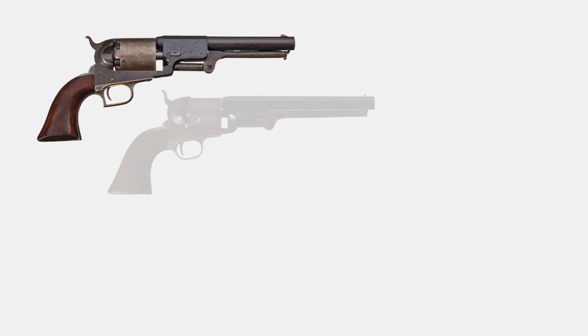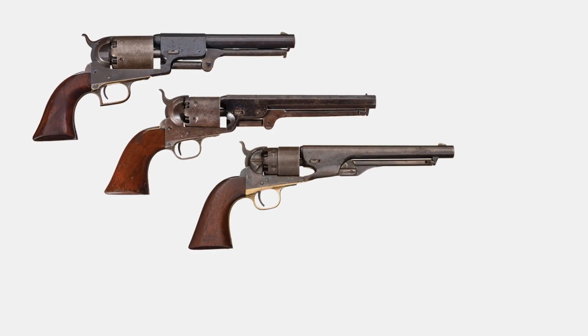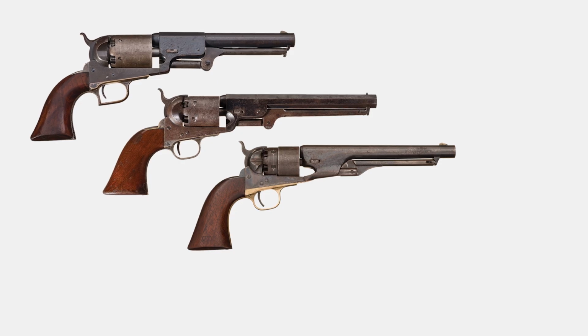We'll talk more about its popularity in a moment, though. The Colt pocket pistol's long production life means that it came before and even outlived several other models. Its immediate contemporary was the early Dragoon, and it preceded the famous 1851 Navy. It was still in production by the time of the 1860, and frankly only left the market when consumers switched